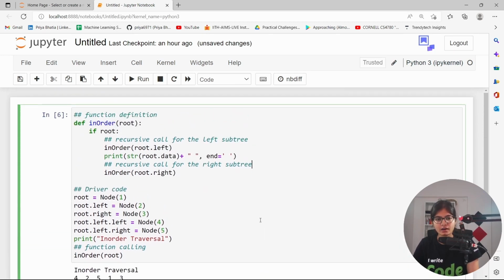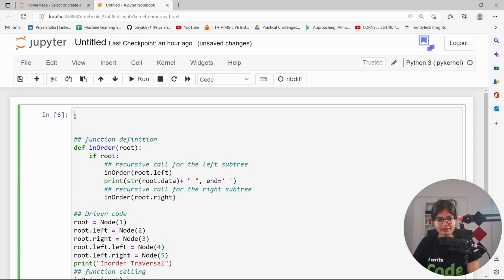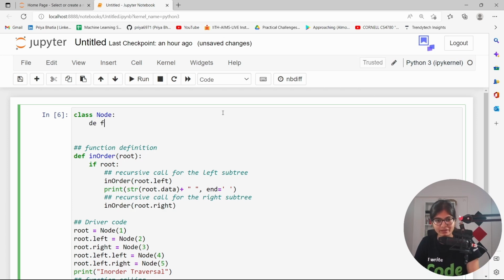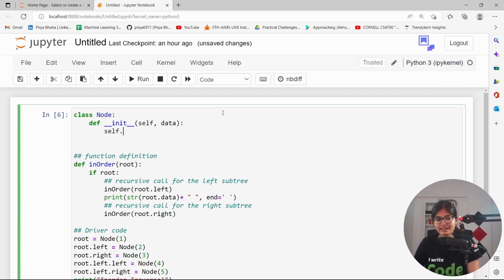But suppose here I didn't create one thing, that is the class. Let me create the class Node. I didn't create that, but still we got the output. So here if you will see, we will be having an init method where I will do the initialization and I'll say self followed by the data, right? Here I will define the node as self.left, which will create the value as None,